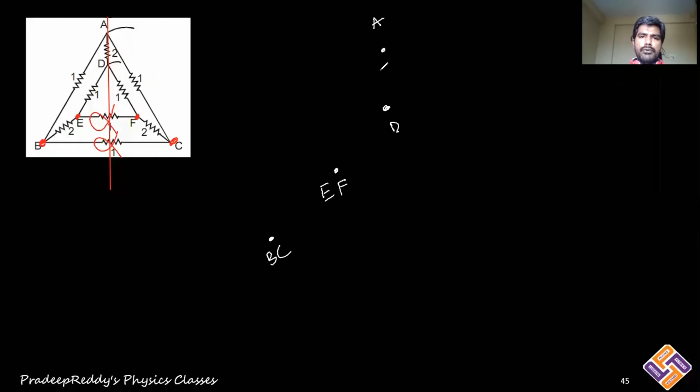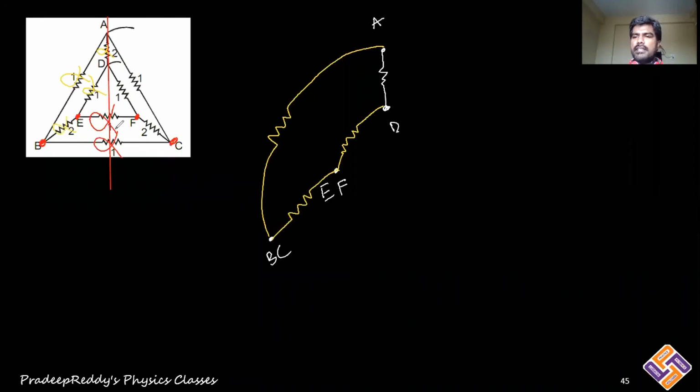From A to D there is one resistor. Next, from A to B, this one is completed. From A to D, the one resistor which we have drawn is completed. From A to B there is one resistor, and it is removed. Next, from D to E there is one resistor. This one is removed. Next, from B to E there is one resistor. This one is removed. And already E and F, and B and C, are at the same potential, so these two resistors are eliminated.